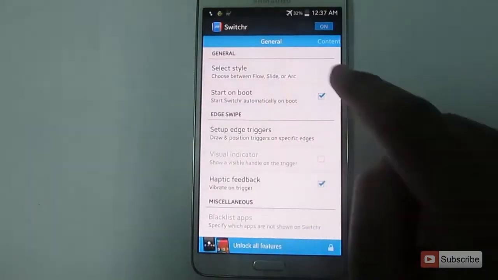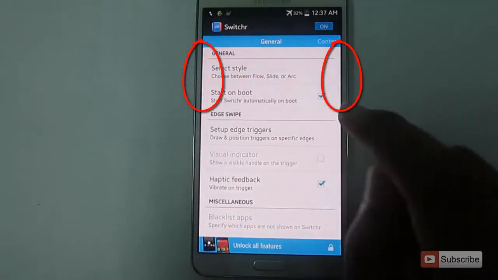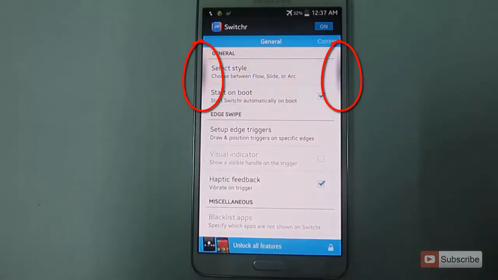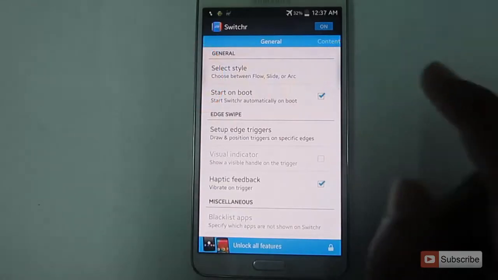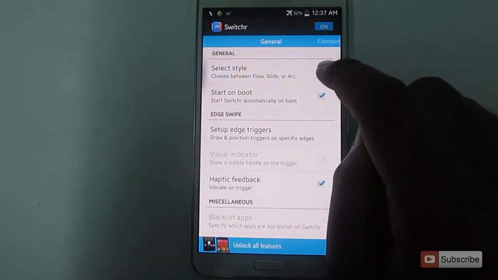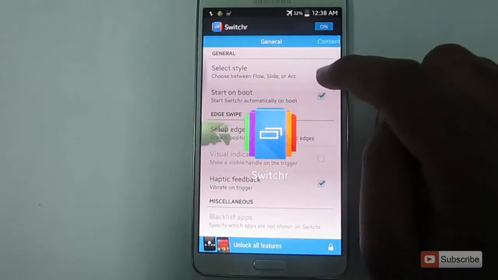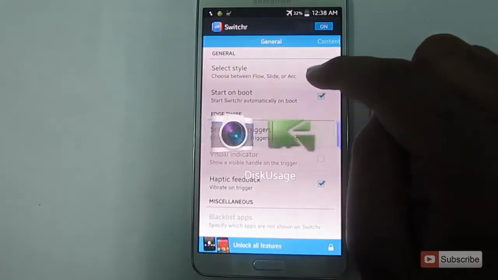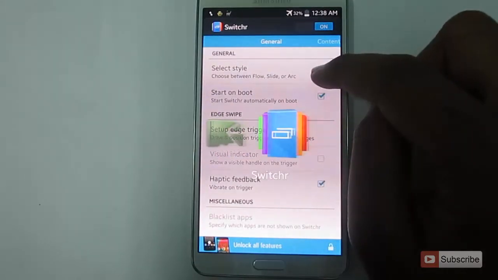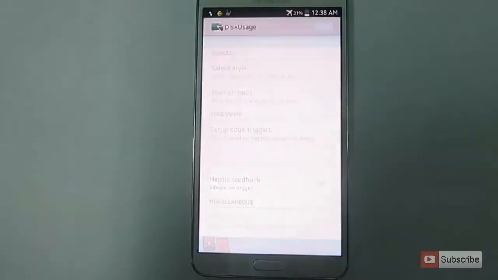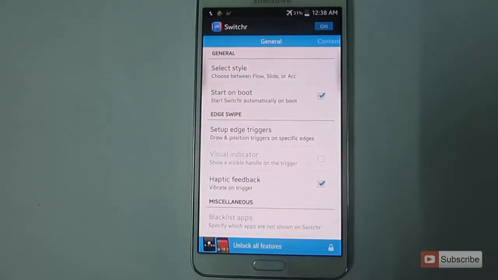These things on the left and right that are glowing are the trigger areas. We can change the trigger areas based on our requirement. Let me show you how it works. Just swipe your finger from any one of the trigger areas like this. These are the list of apps which I have recently opened, and some of them are pinned apps. I can open any one of them just by selecting and releasing my finger. So it's very simple to use.